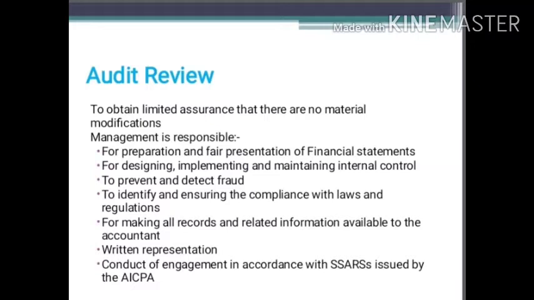And the management is responsible for making all financial records and related information available to the accountant. So all the information which is going to be given to the auditor, the right or the accessibility has to be given by the management to the accountant, because he is one of the persons who prepares the books of accounts. So the complete responsibility has to be given to the accountant in making the financial records and related information, because some companies will not give any such responsibility, and the accountant will have limited access to the books of accounts.